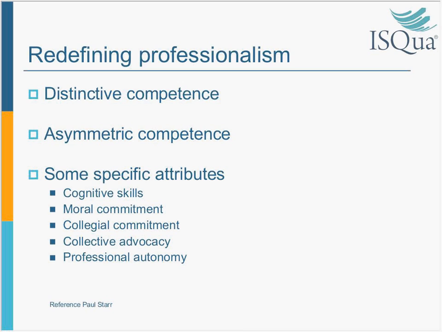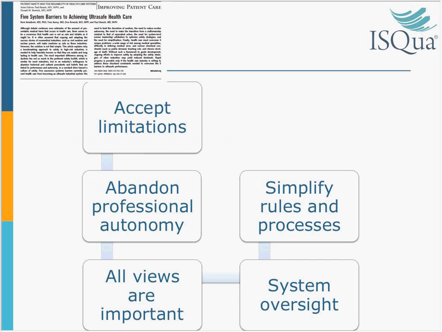It requires a moral commitment to change, a collegial commitment to work together. It requires us to deal with this issue of professional autonomy, which binds many of us in healthcare. In fact, there's a paper worthwhile reading from Alma Berti et al. on system barriers that we must overcome in order to get to an ultra-safe health system. I recommend that you look at this paper because although it's a few years old, it still provides us with barriers that we need to overcome and that we have yet to deal with.